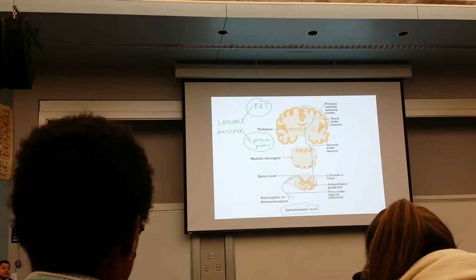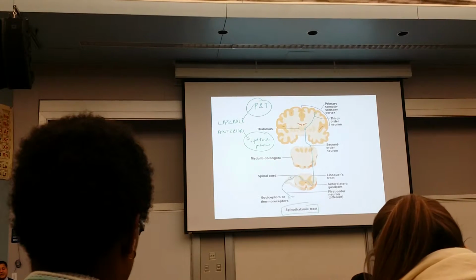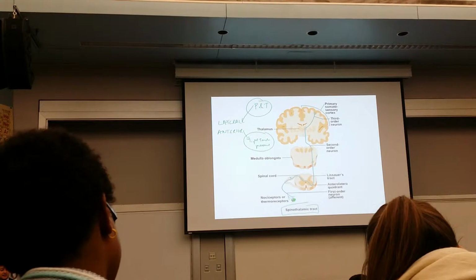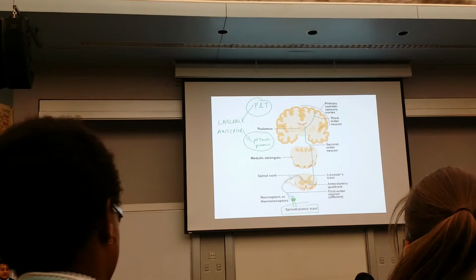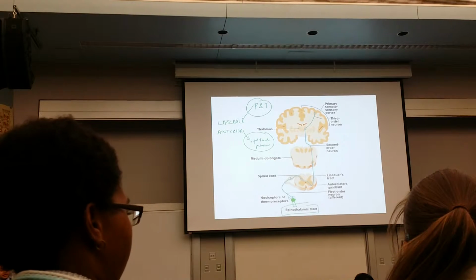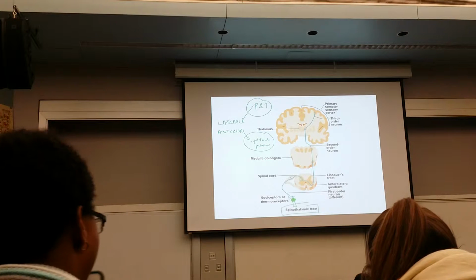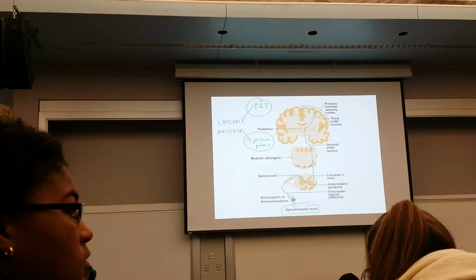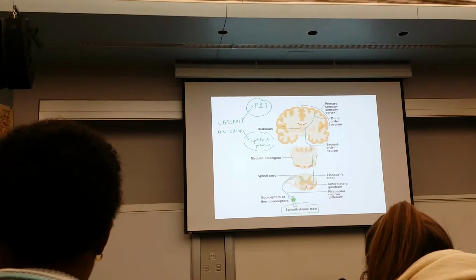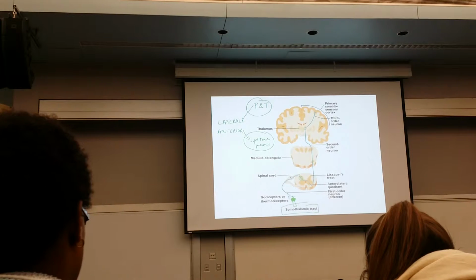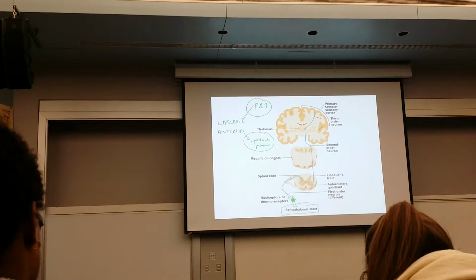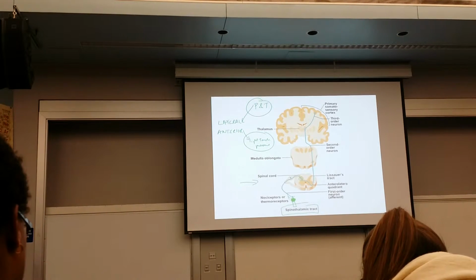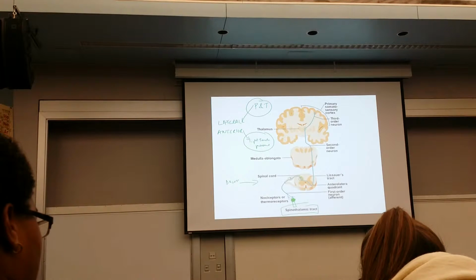system compared to the dorsal column medial lemniscal pathway is that, let's say I am burning my finger here, right? There's fire here. The information, as you can see here, terminates in the spinal cord and it immediately crosses to the other side. It doesn't go all the way up to the medulla to decussate. So the decussation occurs at the same level at which the information enters. So big difference. Decussation occurs here directly in the spinal cord. Okay, that's very important.